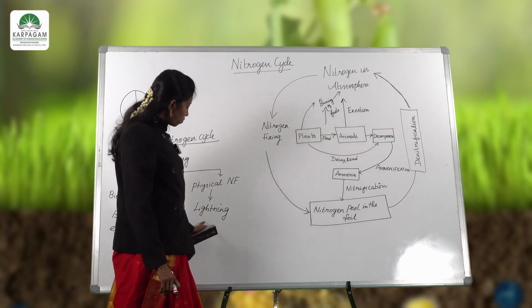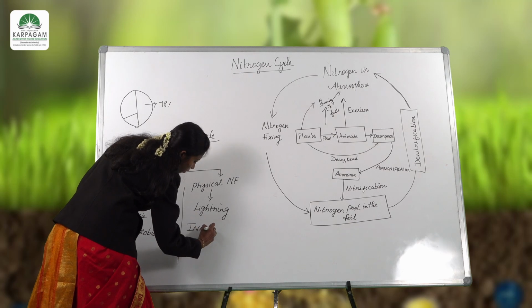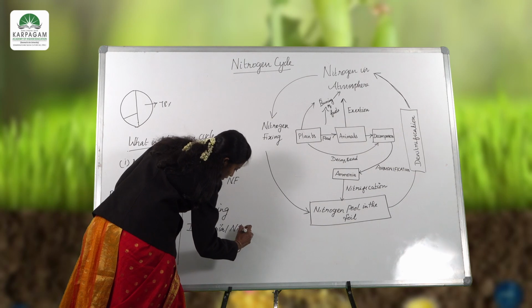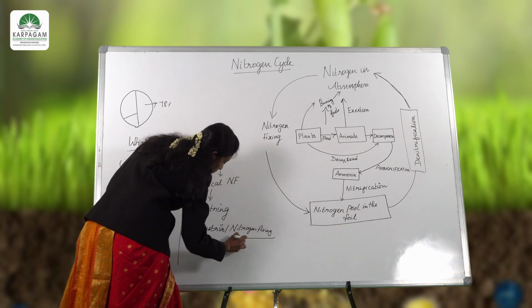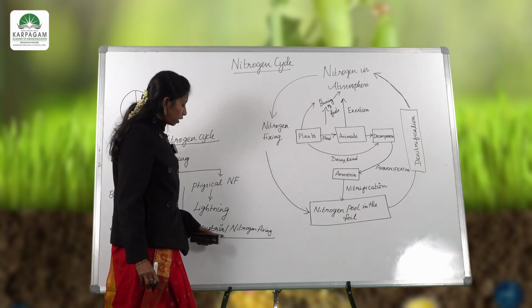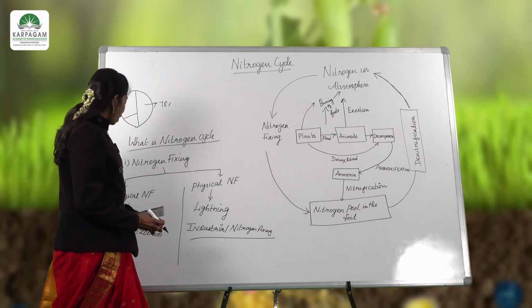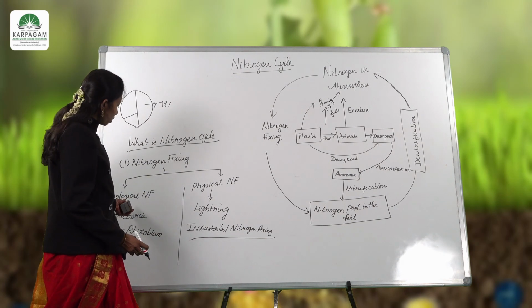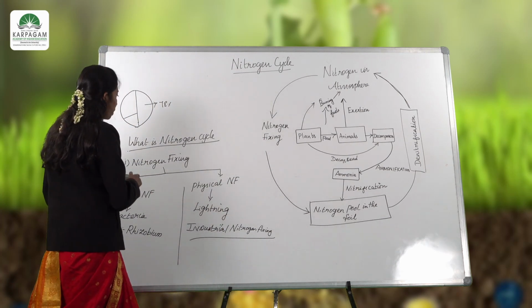Followed by this, we also have industrial nitrogen fixing. When we produce nitrogen-rich fertilizers, that also leads to the release of nitrogen in the atmosphere. So mainly due to physical nitrogen fixing, industrial nitrogen fixing, and biological nitrogen fixing, this cycle gets completed in this part. So coming to the second part,